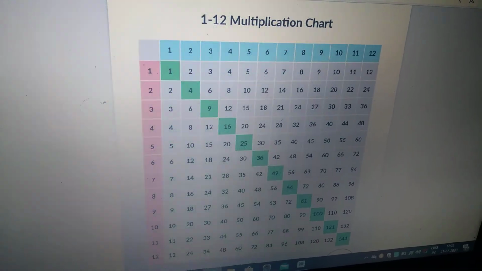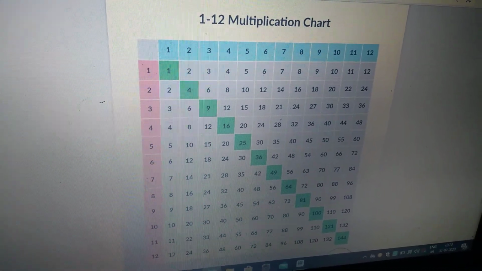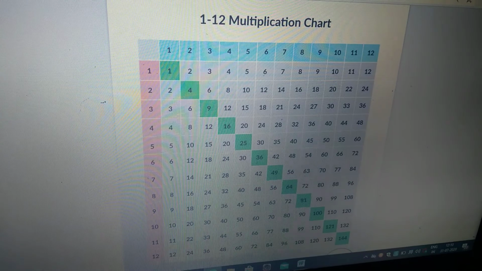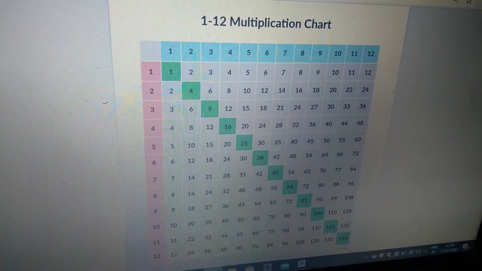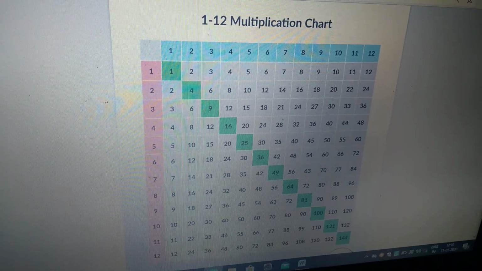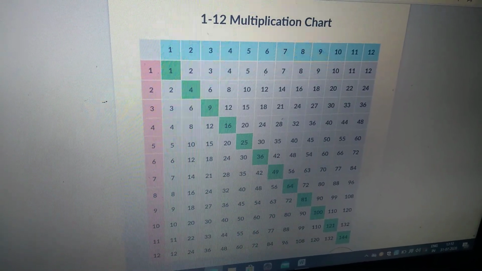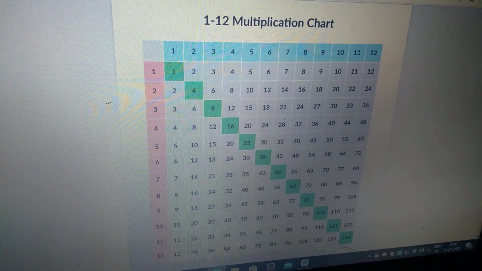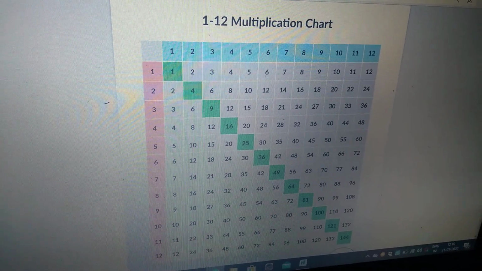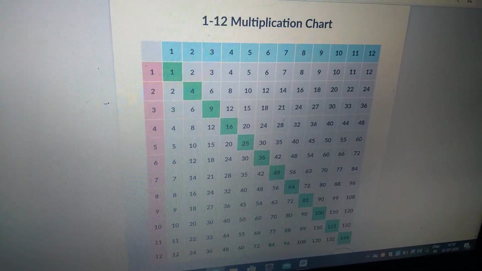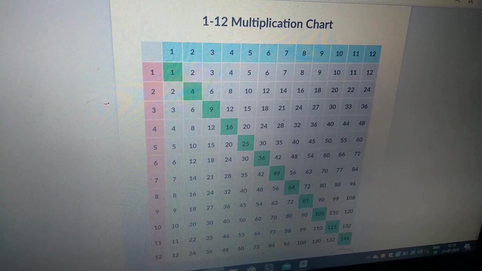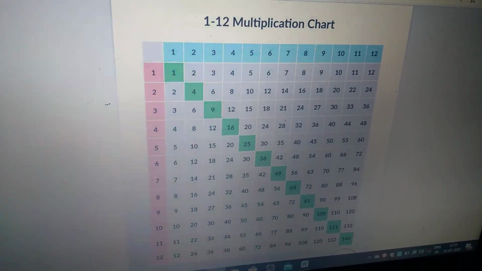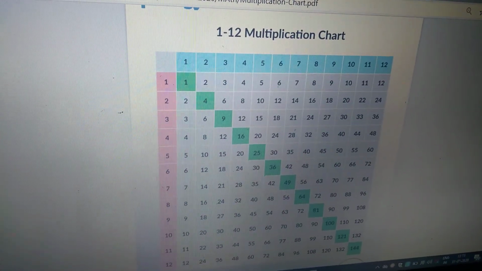So you make this neatly and please put it up where you sit down and study, at your study desk. Because I want you to keep looking at this chart, and the more you look at it, the more you will see that you become friendly with numbers, right? Your familiarity with numbers will increase. Have fun making this chart.